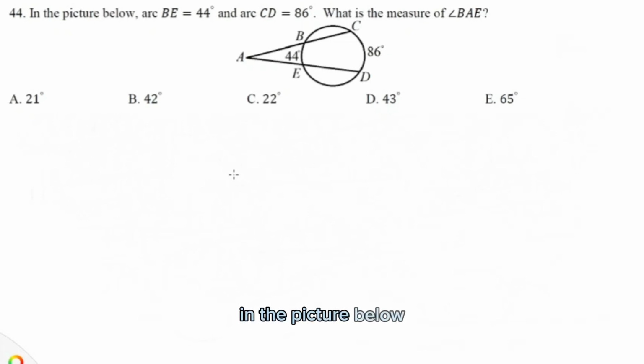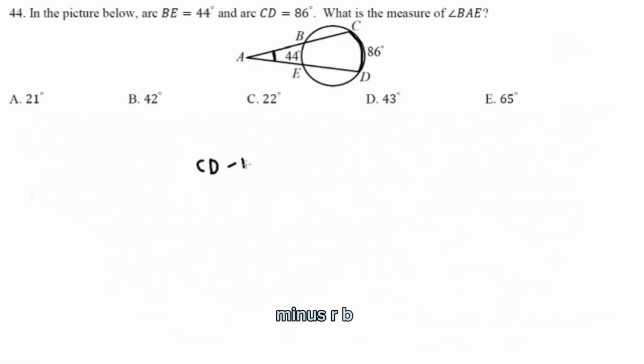Next, number 44. In the picture below, arc BE equals 44 degrees and arc CD equals 86 degrees. What is the measure of angle BAE? Alright, so in this problem, all we have to do is we have to find this angle right here. To do that, we can do 86, or arc CD,